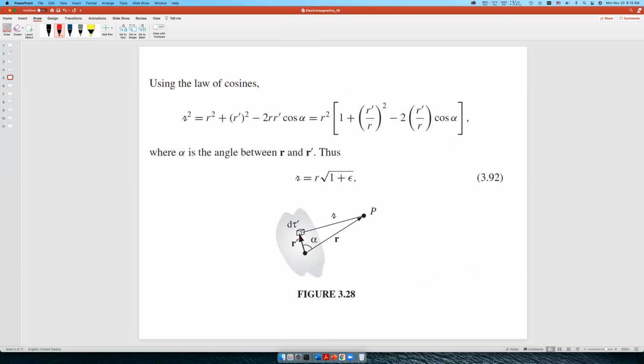Now you have a distribution of charge, a density chart,